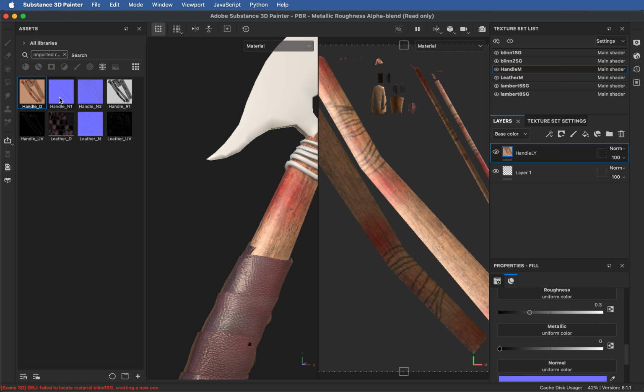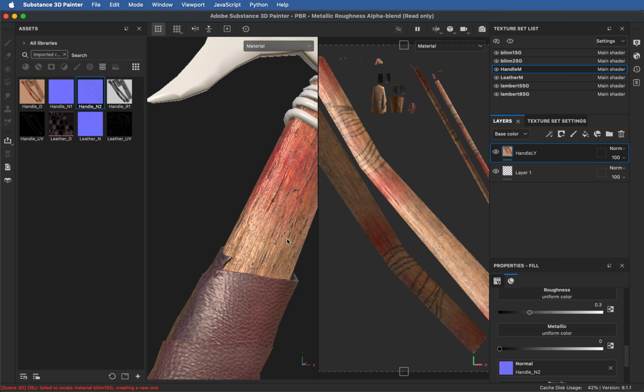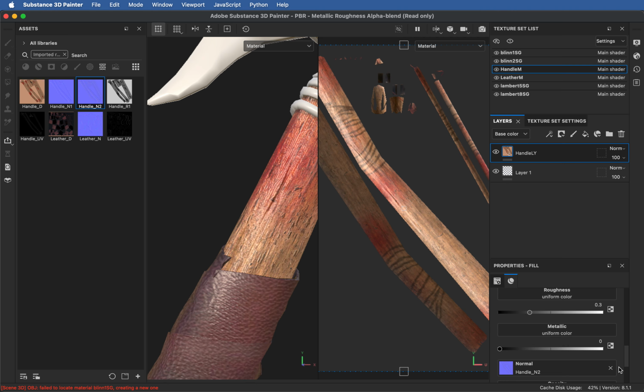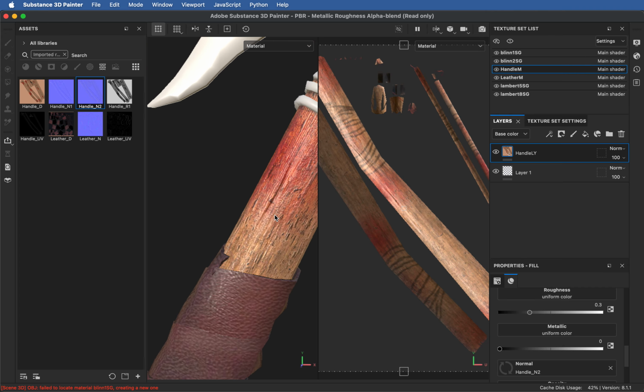Here, she has two normal maps. I'll just grab any of them. And here we go. Now we have the bumps. See, this is without the normal map. This is with the normal map. It really changes how it looks. But I don't think